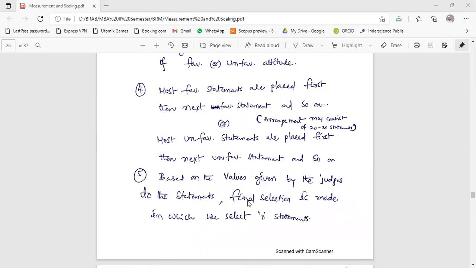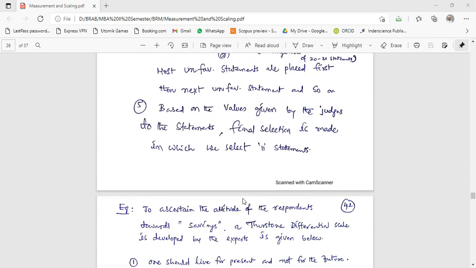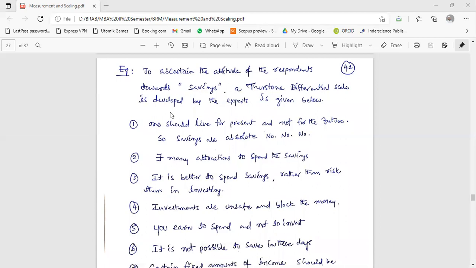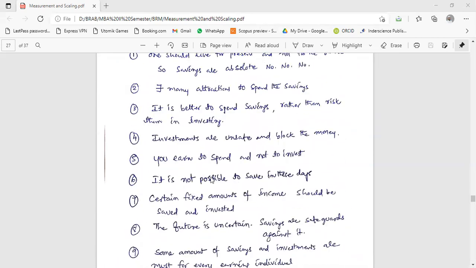Most favorable statements are placed first, then the next favorable statements, and so on. It can come in any order, either favorable order or unfavorable order. Based on the values given by the judges to the statements, the final selection is made, in which we select only 11 statements. For example, to ascertain the attitude of respondents towards savings, a Thurstone differential scale is developed by the experts, as given below. They are developing the scale like this, an 11-point scale. See here.